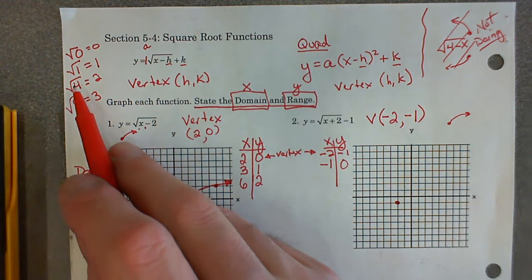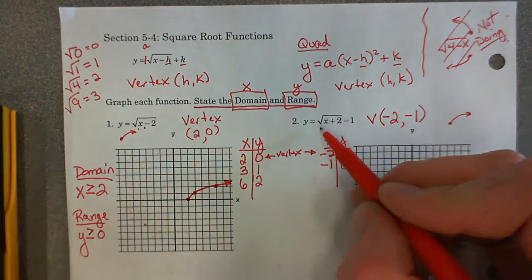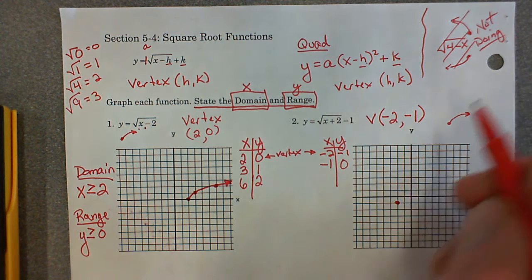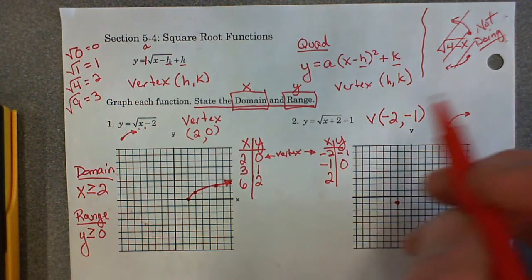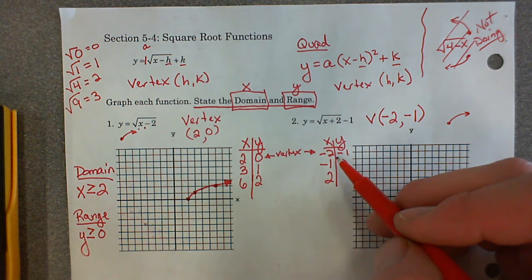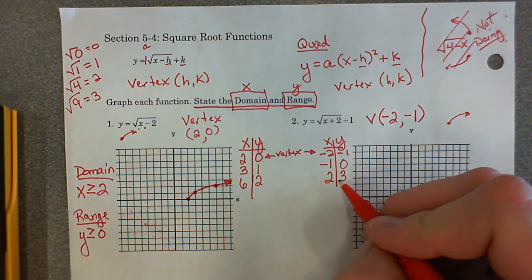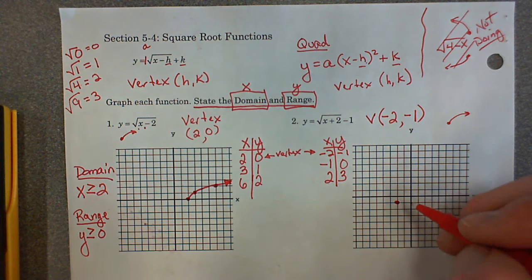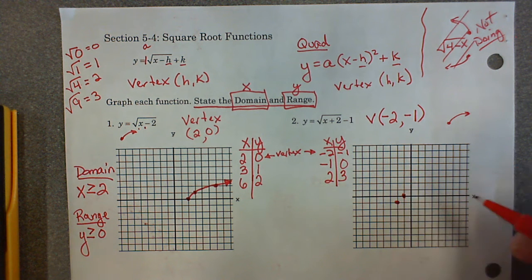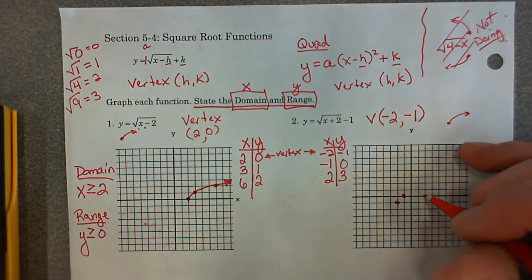Then the next square root we want is the square root of 4. So what plus 2 gets you 4? That would be 2. So 2 plus 2 is 4. Square root of 4 is 2. Minus 1 is 3. So if we plot those points, -1, 0, and 2,